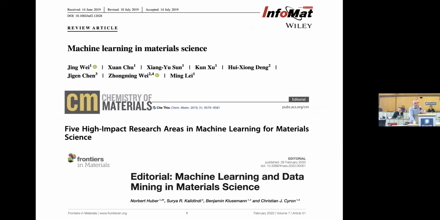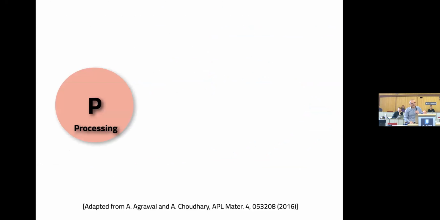In all cases, machine learning will be used to go from the processing condition I use to synthesize a material, to the structure that this material gets, then from the structure to the properties, and finally to the performance of the material.